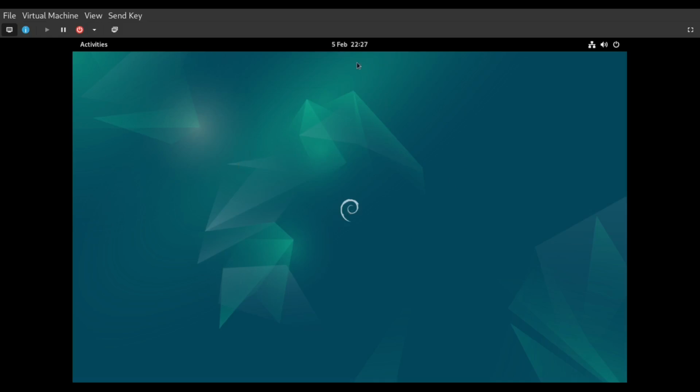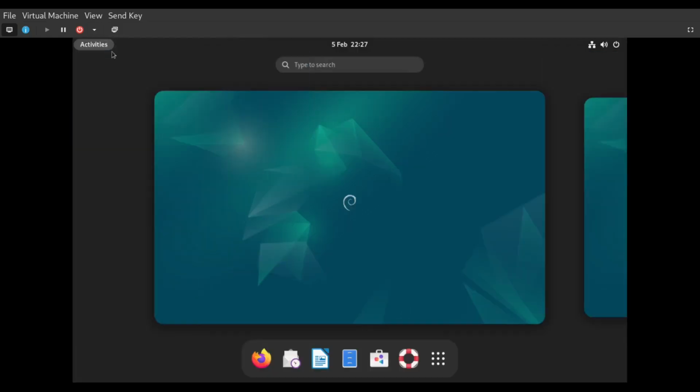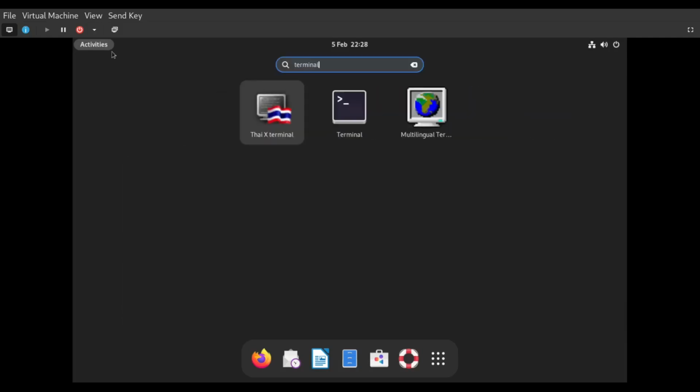However, the system has reminded us that we've got some updates to install, and that's the first thing we're going to do. So we could do it through Software Center. However, we're going to do it through the terminal because that's the way I prefer doing it, and also that way always works. I don't particularly like the GUI tools for a lot of system management, and I prefer doing it on the command line. So we're just going to go Activities, and we're going to start typing terminal,